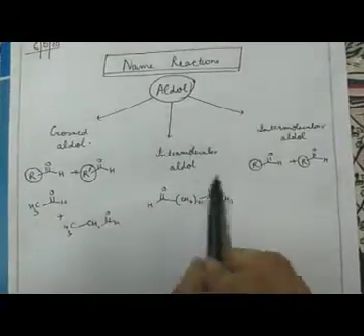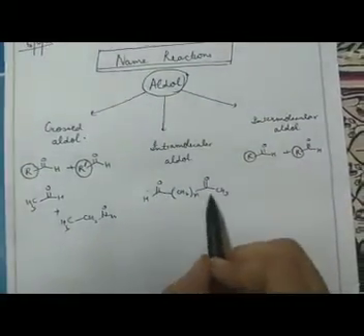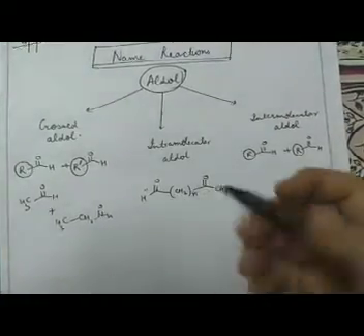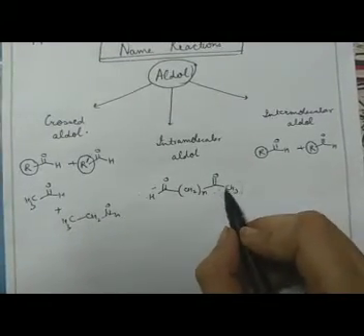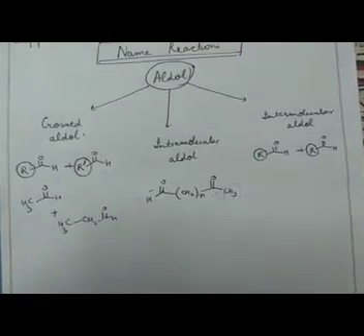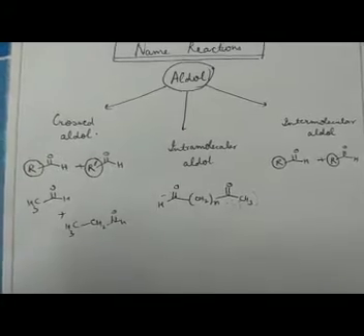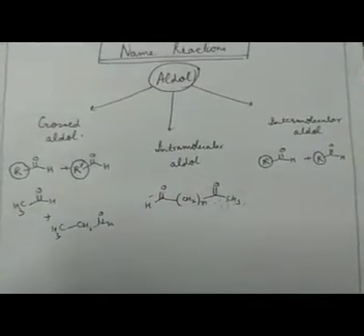The next reaction is intramolecular aldol reaction, in which we have two carbonyl sites in the same compound. So what exactly happens is the base comes, takes the proton, and it reacts with the carbonyl present within the compound, which is known as intramolecular aldol reaction, right? We will be discussing it with some examples.